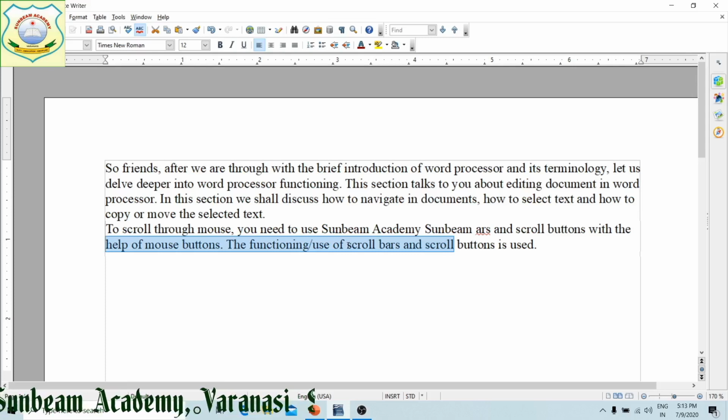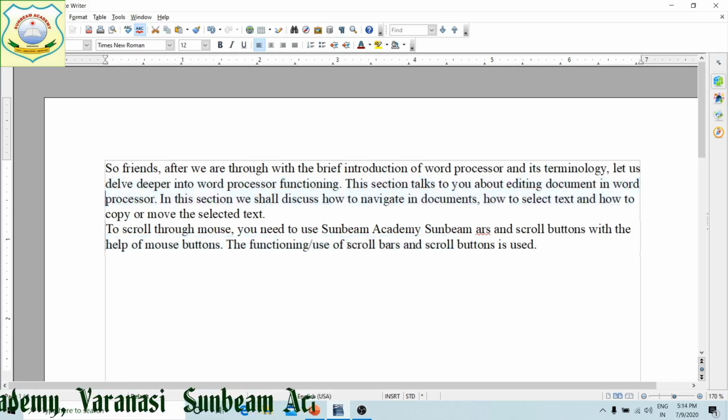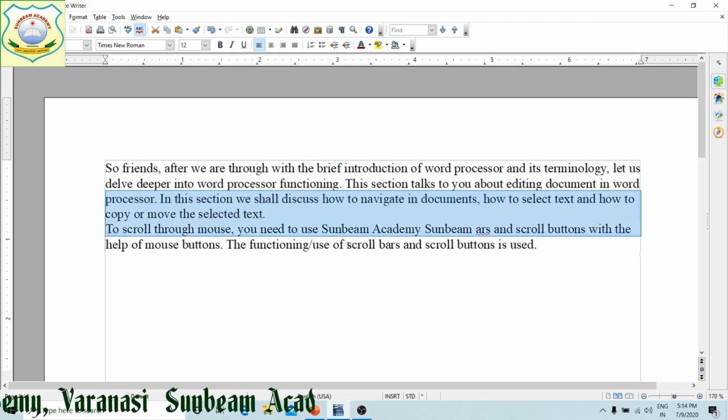From your cursor location towards the left-hand side to the beginning of the line, your selection will be there. As I told you, shift and up arrow key, one line upside, shift and down arrow key, one line downside.